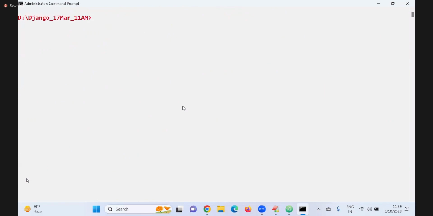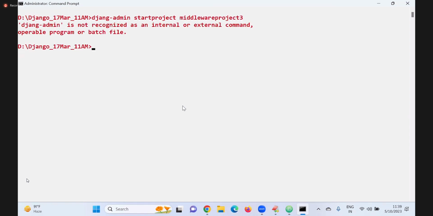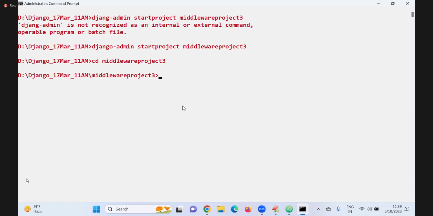Yes. Now, django-admin startproject middleware project 3. Then manage.py startapp testapp.